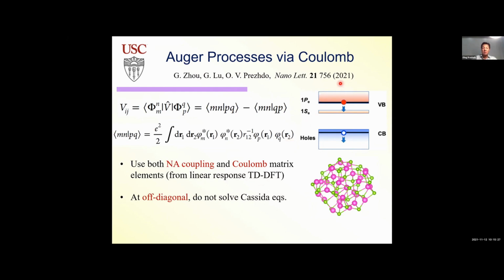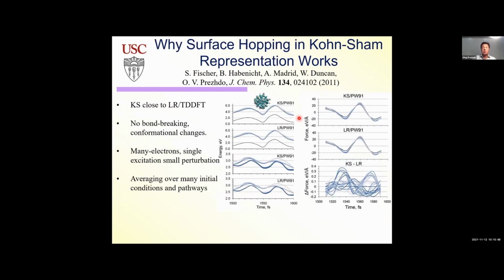But this way we can describe energy exchange between electrons and holes, and this is important also in many nanoscale systems. So this is a classic example in a quantum dot where an electron goes from a P to an S-like state and gives energy to the hole, and this breaks the so-called phonon bottleneck. So the approximation that we use works for nanoscale systems because they don't have any complicated geometric deformations. So in a molecule, you excite one electron and it can isomerize, bonds can break, and so on. But in our case, mostly things just vibrate.